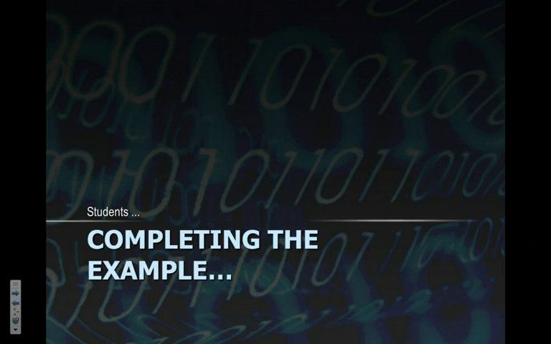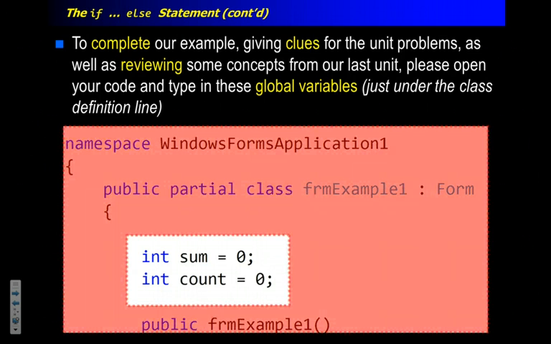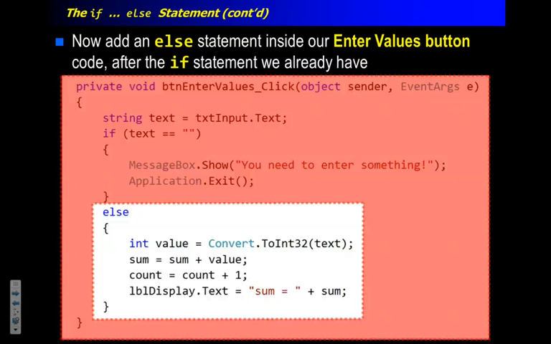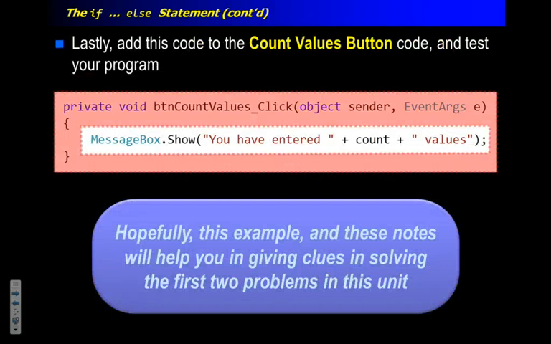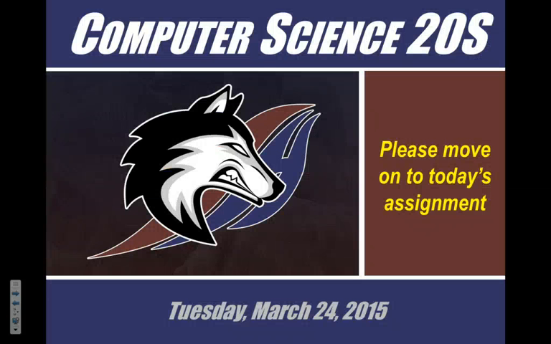Everything I just showed you as well is available in the notes. Okay? In the notes, it highlights the specific areas of the code we just entered. It talks about the idea that these are global variables. In here, it talks about that we've added an else part to the if statement, so you know it's there. And it shows the message box again. Okay? This example has tons of clues in it for the next 3 assignments you guys are going to be working on as we start this unit. All right? I think I'll go over